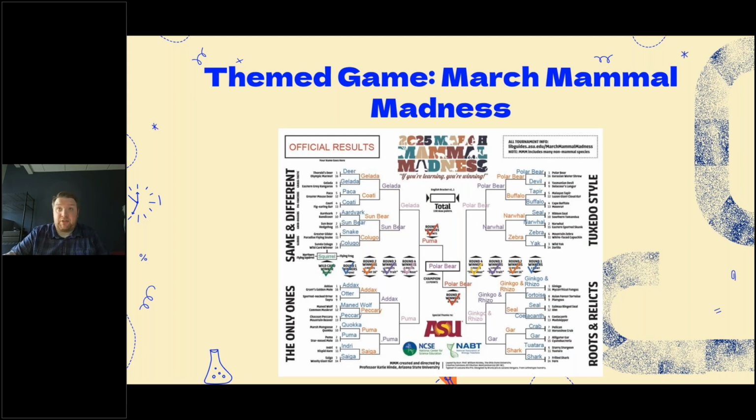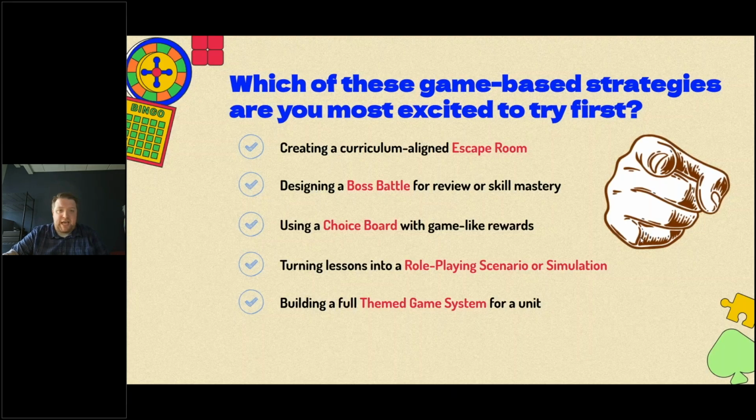Now, they've been doing this for 13 years, though. So the nice thing is that, hey, if in March you're not talking about animal adaptations, and it doesn't really fit into your curriculum, you can go back to all the previous ones. All the videos are there for you to do in November if you wanted to. I'm going to skip the poll just for time now.